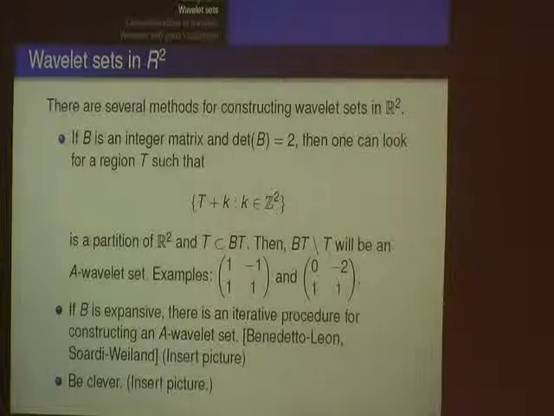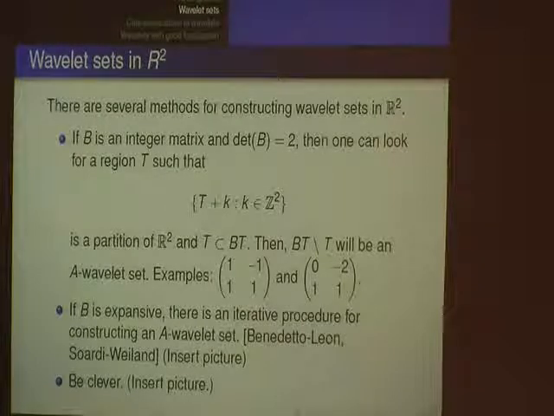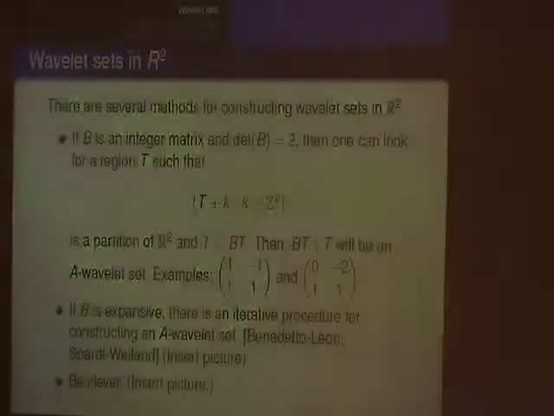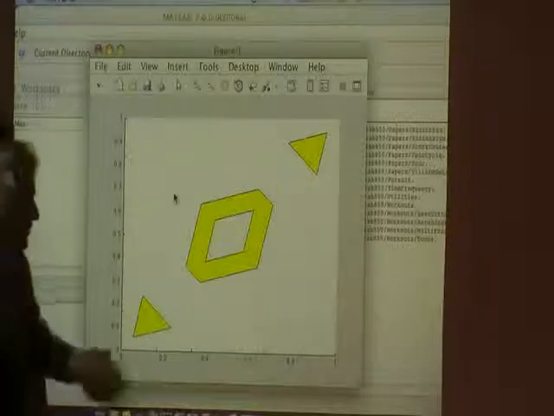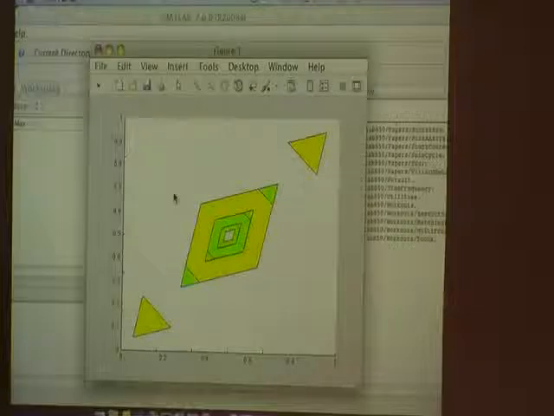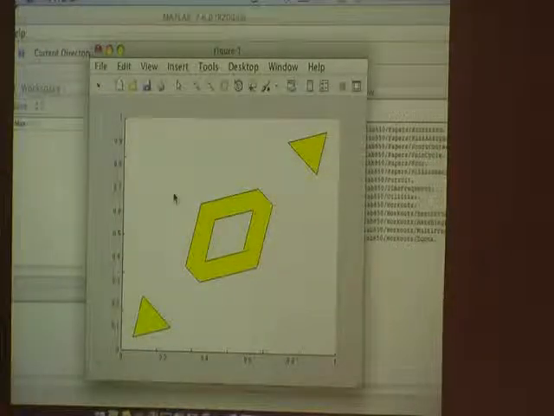And then, a couple of years ago, Kathy Merrill came up with a new technique for doing this, and she was just really clever, right? And so I'll show you hers because, well, I think it's amazing. Right? This is dilation by 2, and I'll speed this up again. So here's the set that she came up with, and here's the dilation tiling that it leads to. Right? So when you just dilate by 2, it leads to a nice, pretty dilation tiling of the plane,